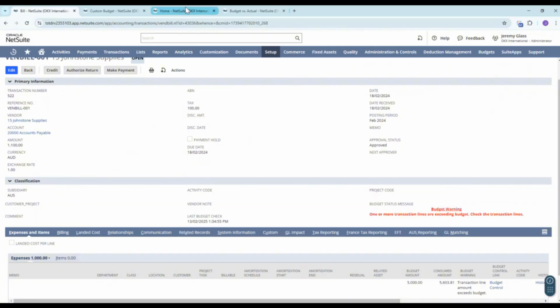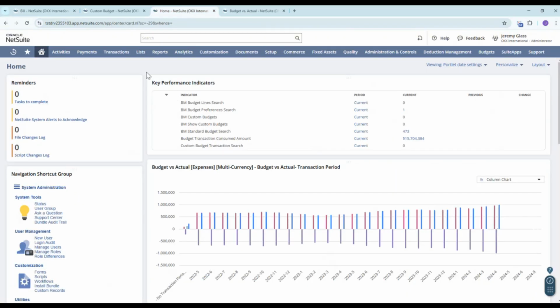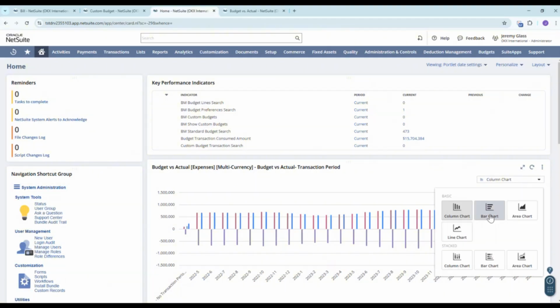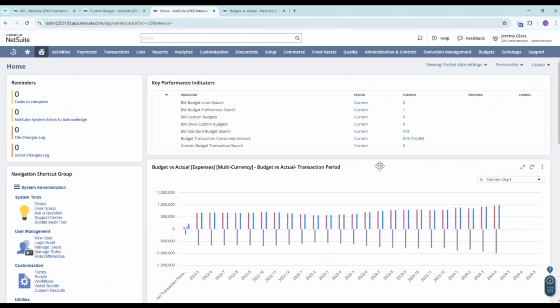So if I go now to my home dashboard, I've prepared here the key performance indicator portlet, where I indicated the saved searches that I can have as a KPI, as well as the budget versus actual report that can be shown in your personalized dashboard as a graph, as a chart, or as a bar chart, or a line chart or a column chart, depending on your preference.